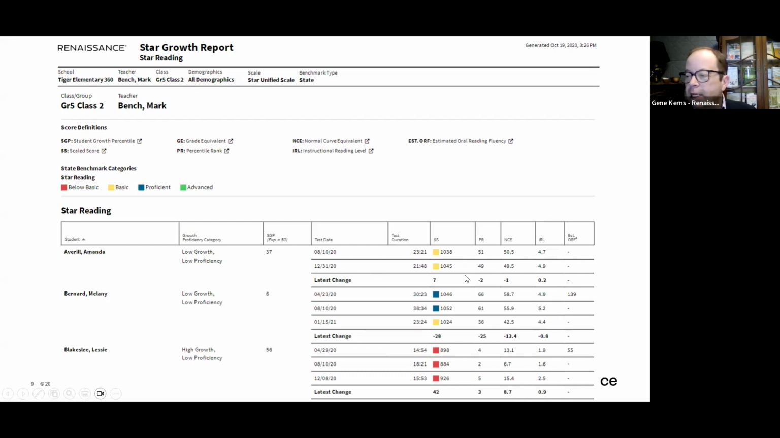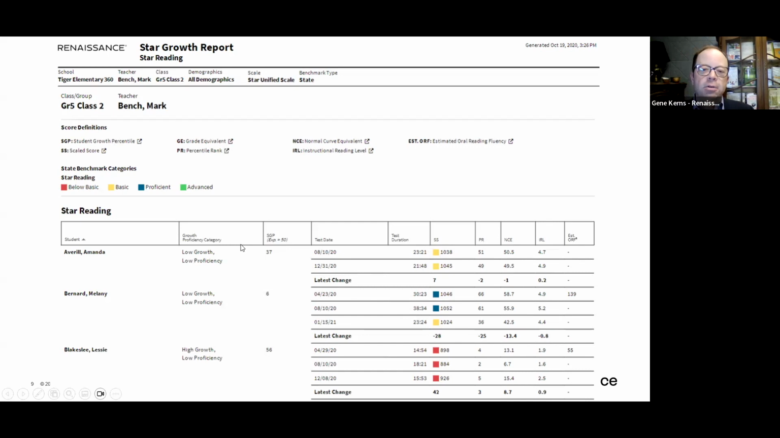Further to the right, I can see how she did. I can see exactly what her scale score was. I can see what her percentile ranks were during that time. For those of you familiar with NCEs or normal curve equivalent scores, you can see those. I can see instructional reading levels and all those different kinds of things there. Those are all different ways that we could talk about and consider the growth that she achieved. But really,